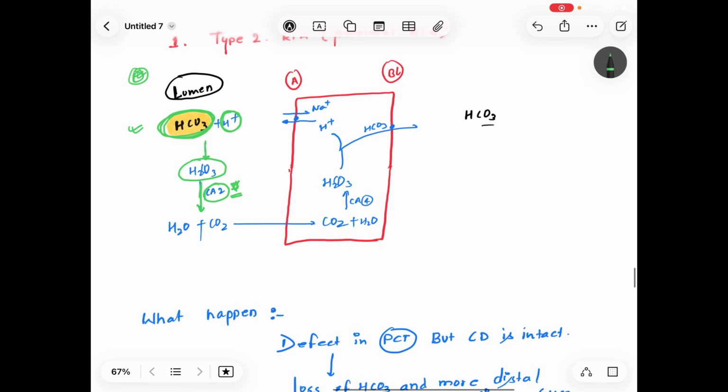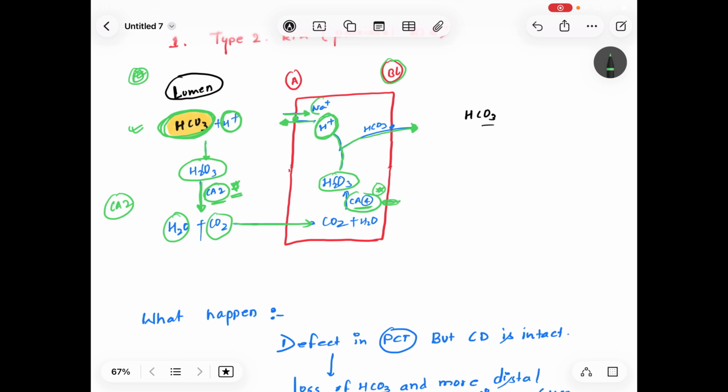H2CO3 dissociates into H2O and CO2 with the help of carbonic anhydrase type 2. This CO2 diffuses into the cell, which again combines to form H2CO3 with the help of carbonic anhydrase type 4. So in the lumen, carbonic anhydrase type 2, and in the cells there is carbonic anhydrase type 4. So again this H2CO3 dissociates into H plus and HCO3. HCO3 moves into the blood vessel from the basolateral surface, and this H plus moves into the lumen with the help of an antiporter,